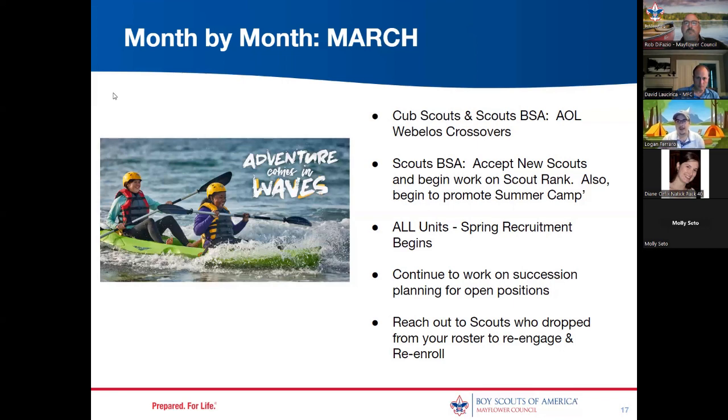And just to double back on David talking about getting those Arrow of Lights crossing over sooner rather than later, another big point for that is you want to make sure that they feel like they are a part of the troop before they get to summer camp, so that they make friends, they make connections, they feel like they are one with their unit before they get to summer camp, because we all know what it's like to be the new kid showing up just before you go away for a week. So it's nice to have that connection with the troop before you go. Yeah, and hopefully by early spring, there's usually an early spring troop event.